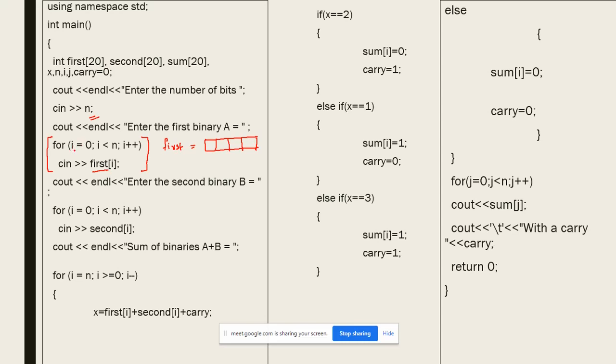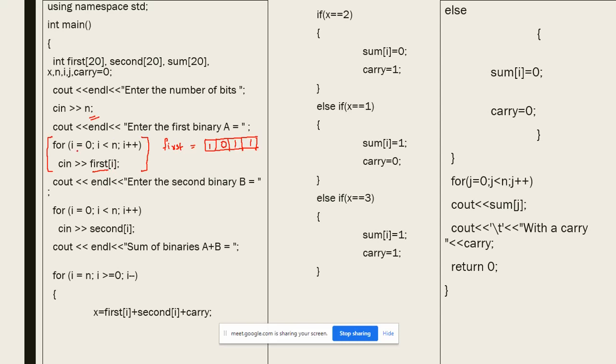And during the first iteration, I will enter the first number, and first of 0 will be active, and it will go to this memory slot. Afterwards, during the second iteration, when I is equal to 1, it will go over here, the number I enter. Then the next iteration, it will go over here. So this is how I can input a number into a binary.